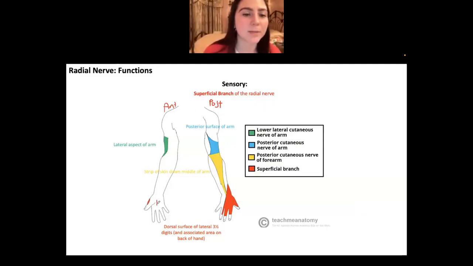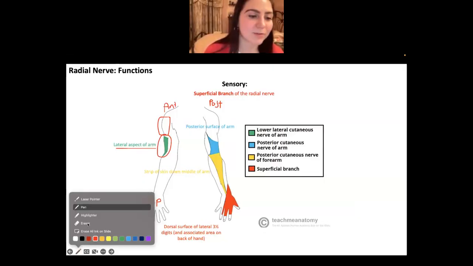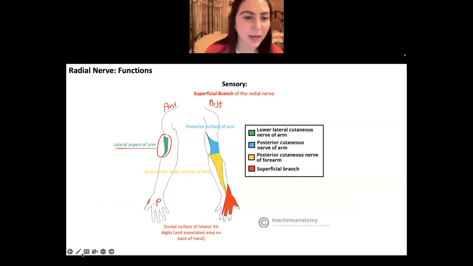When the palm is facing towards you, you can see it innervates the lateral aspect of the arm. This looks super similar to the regimental badge area, but that's a little bit higher, up here where the deltoid muscle is, right? We're a little bit further down, at the lateral aspect of the arm. That's one you should remember, you might have to memorize that a little bit because it's kind of random. But if we flip it over to the back, the posterior side,